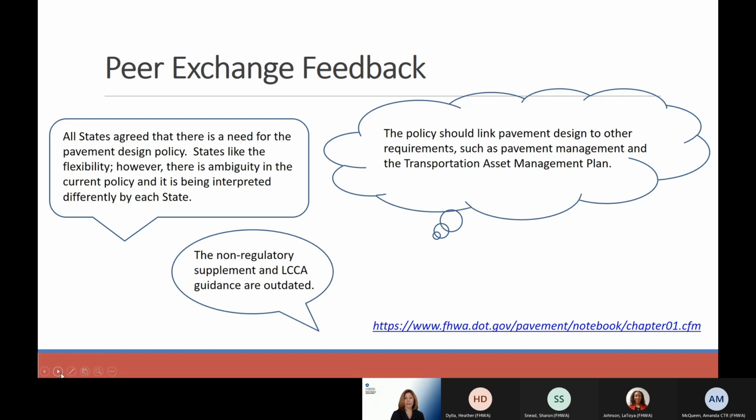We also heard that the non-regulatory supplement and the LCCA guidance are outdated. I don't think that was a surprise to anyone. And the policy should link pavement design to other requirements, such as pavement management and the TAMP. And again, this is feedback that we received consistently from all 5 regional peer exchanges.